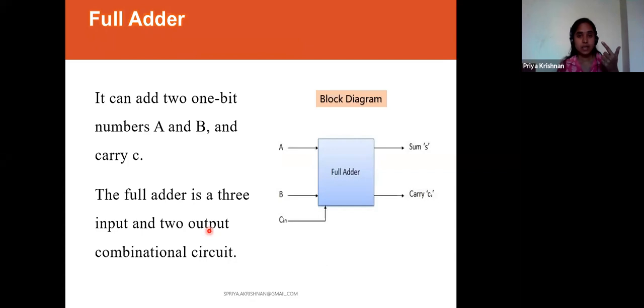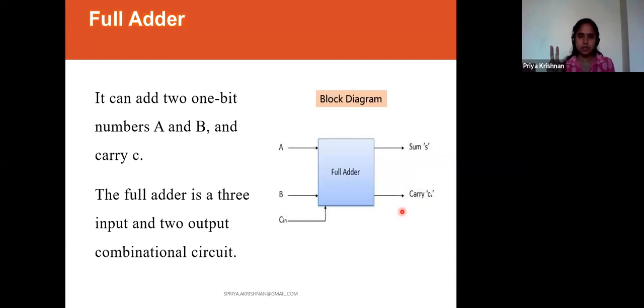A full adder is able to add 3 bits. So for that I have A, B, and then C in. 3 bits I can add using a full adder. And then how many outputs do I want? So again outputs are sum and carry. So my inputs are 3 and my outputs are 2.